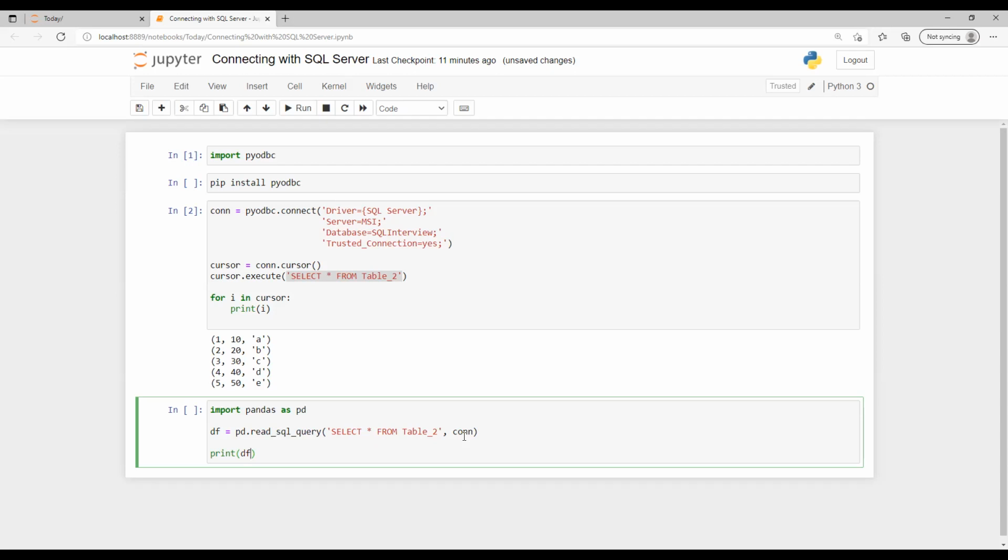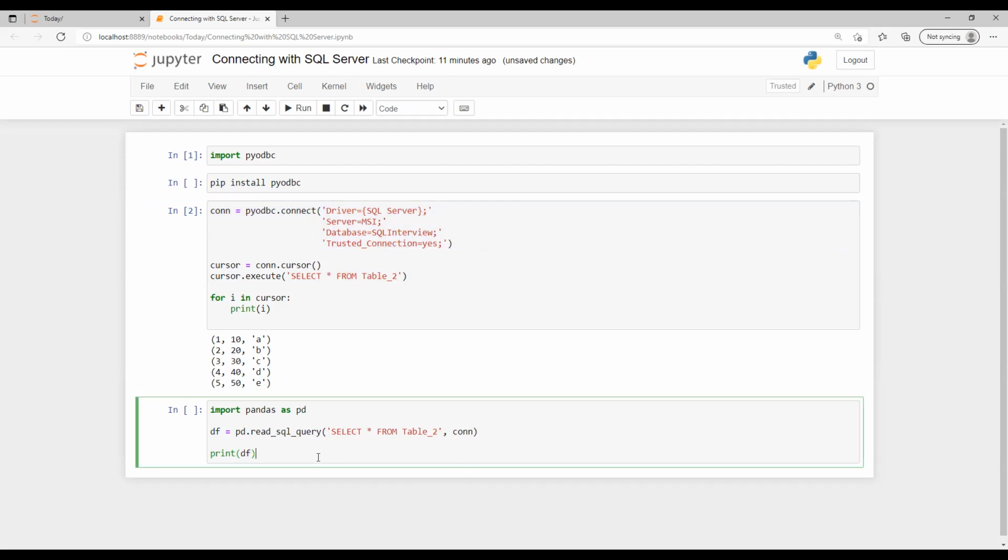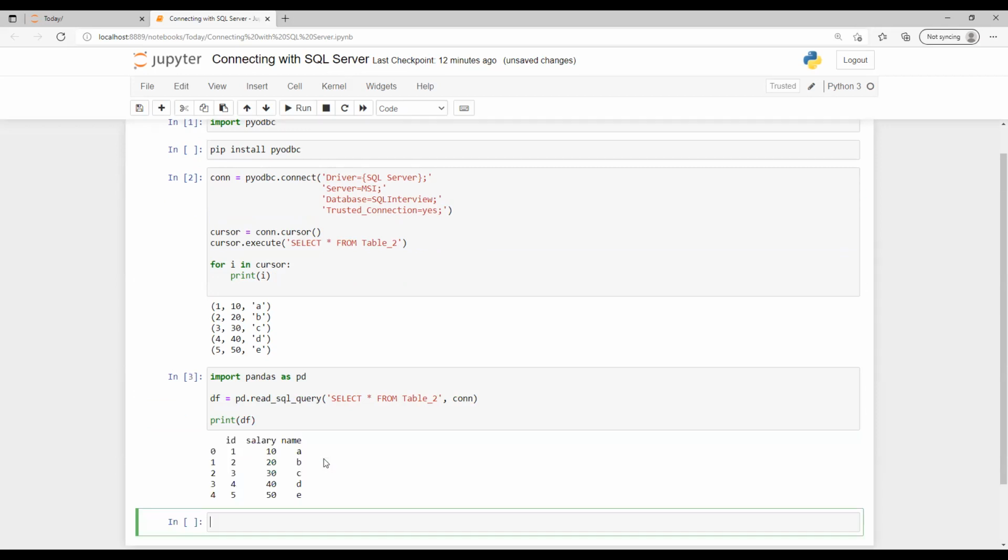You can go and see it there. In a similar way to how we did read_csv, here we're going to use read_sql_query. Then whatever query we want to pass, and then the connection name. So we pass this here, and it will connect and return the values. Now if I print that, it's going to display everything in a proper format, showing the ID and all the other details. So this will be good, in a readable format.